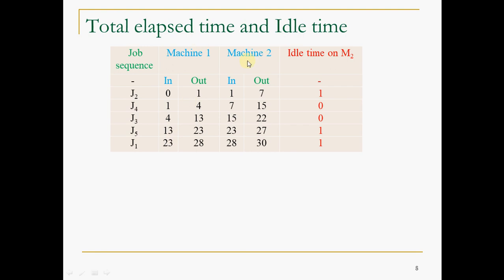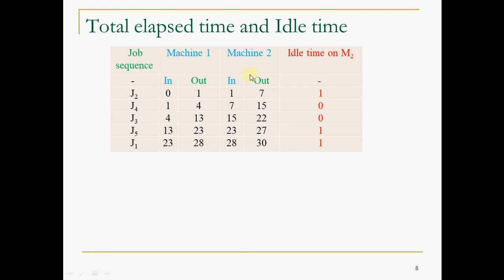Now coming to machine 2, you have to think a little bit here. Again in and out, that is common like this. So machine 2, what it will be doing, it will be idle till job 2 is loaded on machine 2. Hence this processing time is there, 0 to 1 or whatever it is. Because the sequence is M1 and M2, after completion of the job on M1, only then it can go to M2.